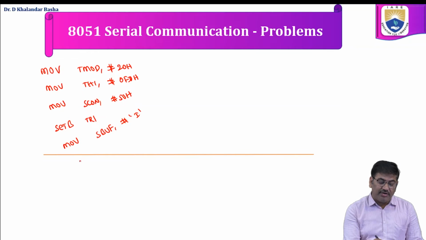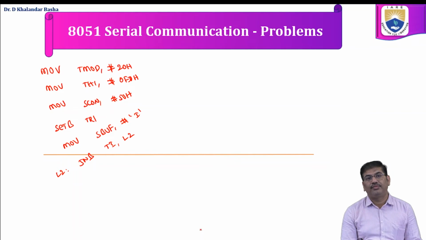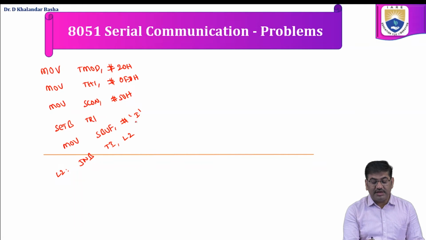Then we will check whether the transmission is done or not by using JNB TI comma L2, where L2 will be placed to the side. Next, once this I is transmitted, we are going to clear that particular transmit interrupt, that is CLR TI. Then we go for moving the second data, that is MOV SBUF comma, the second character which we want to